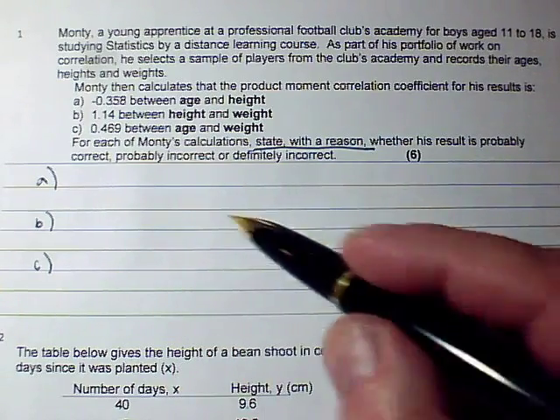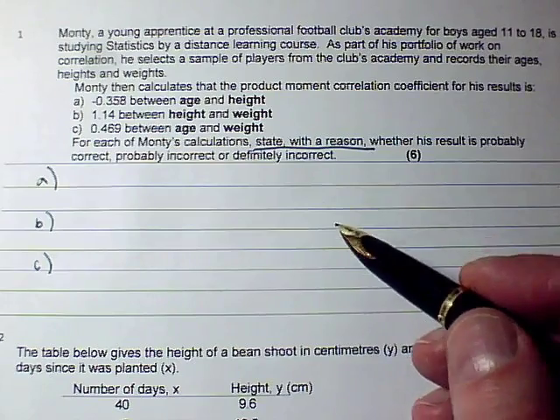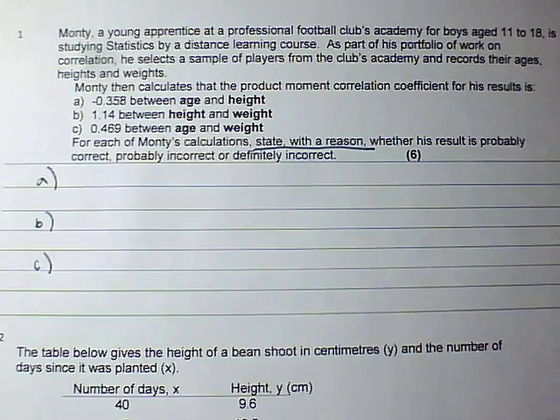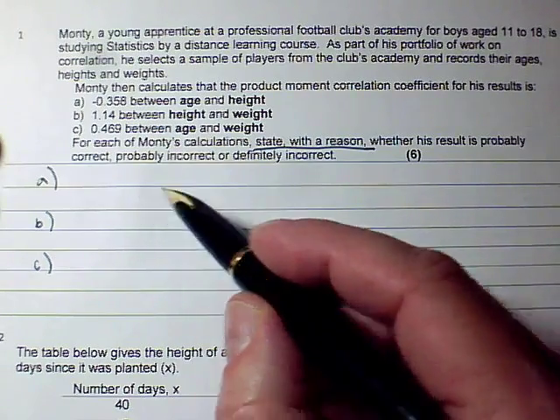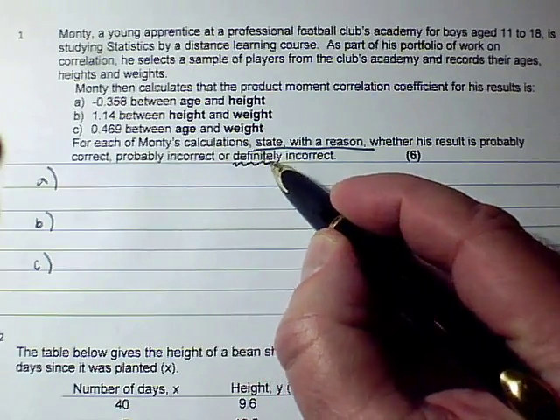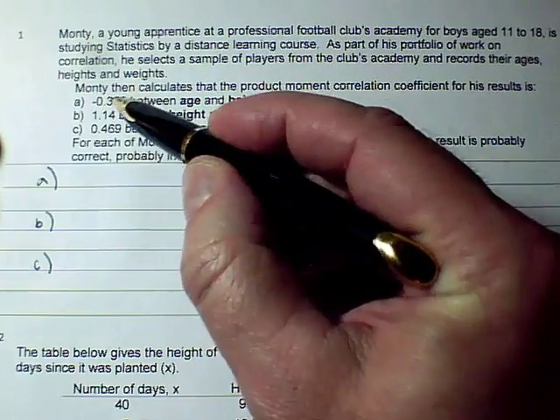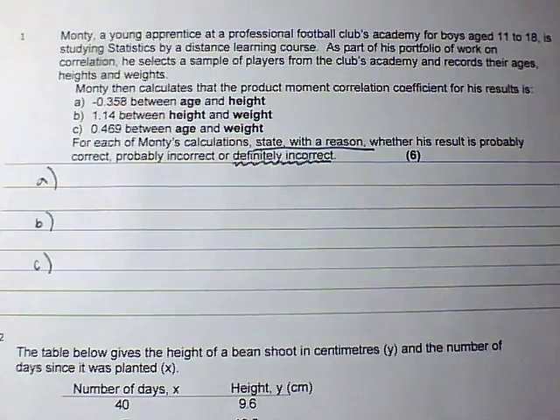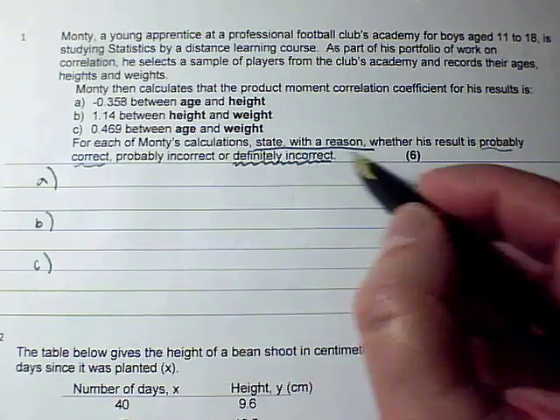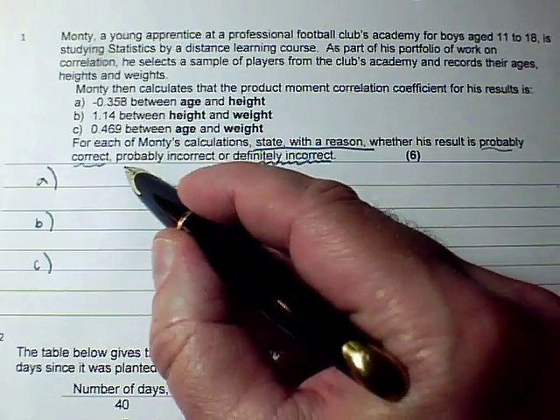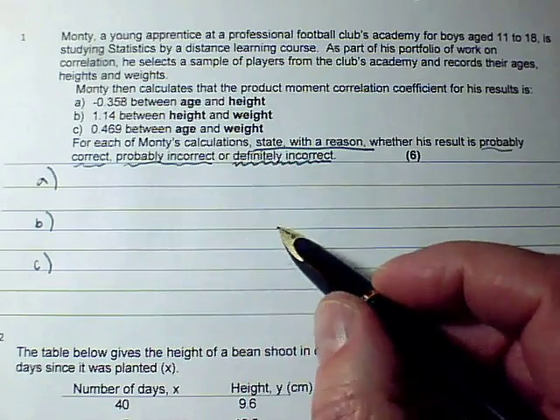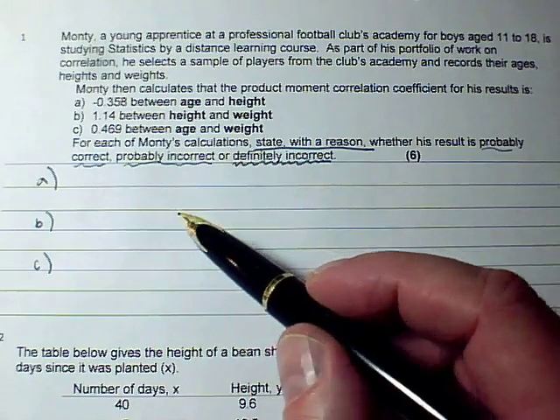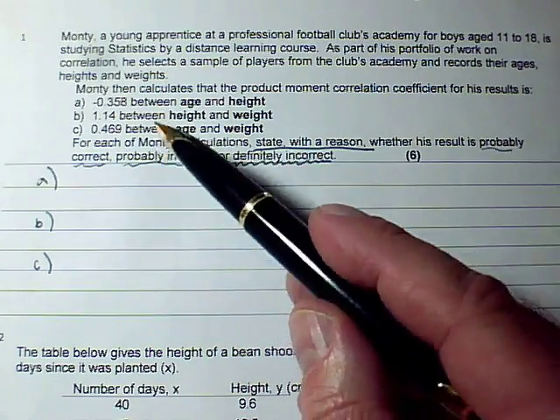And you're kind of expecting to use each one once, though it doesn't absolutely guarantee that. Okay. So the easiest one to find will be the one that's definitely incorrect. Okay, so you look at these three numbers and you read everything as well, of course, but you find something that's just impossible to happen. Okay, and then the probably correct and probably incorrect, we're kind of expecting there to be one each of those. Okay, so just decide what you think is plausible.